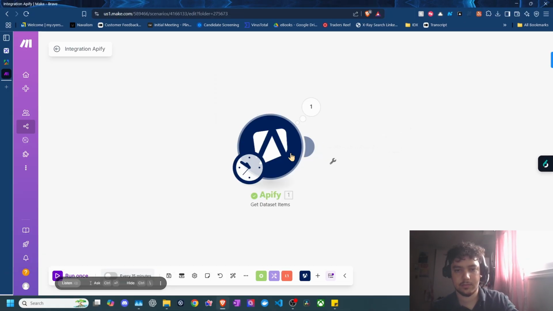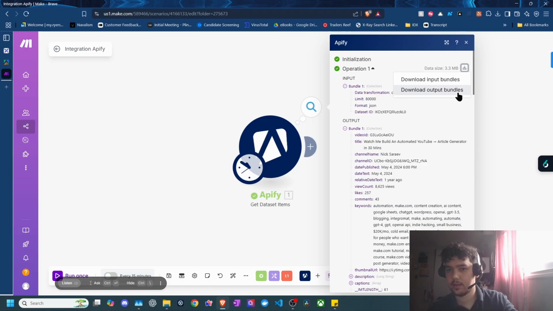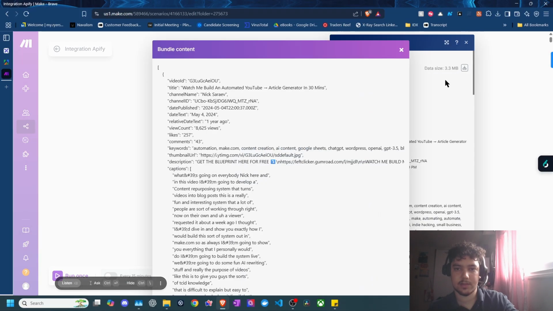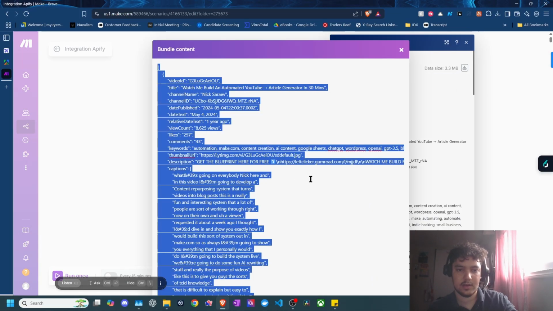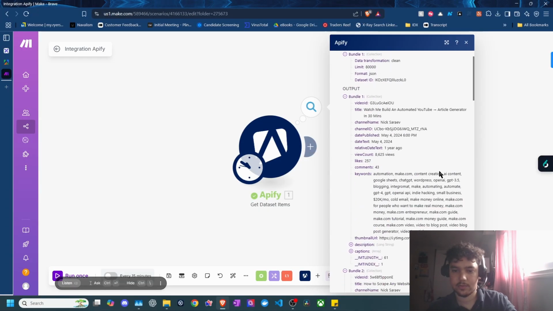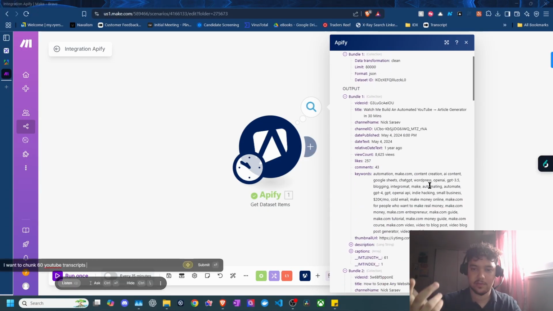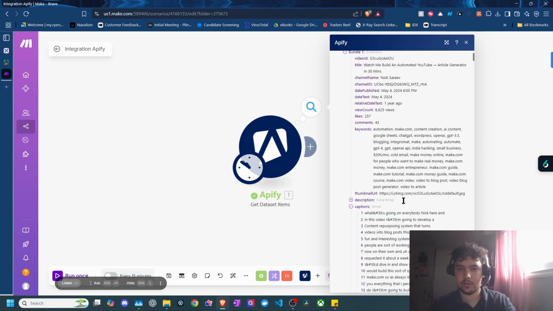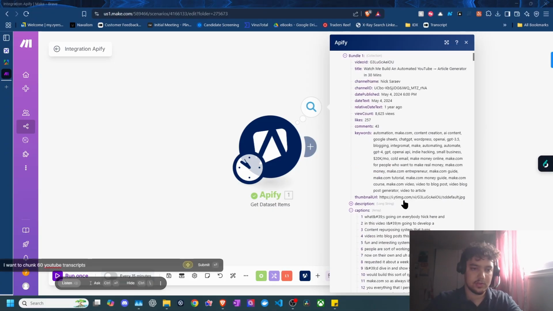Actually, you know what? Let's make this even better. Take this giant output bundle. Just going to take a minute to populate. Actually, I think that's going to break if I copy that in. Nope, we're just going to have this open. It's one of the advantages of Cluely. Instead of having to take a screenshot, feed a context, I'm going to go ahead and just show it. So I want to chunk 60 YouTube transcripts, specifically from the captions array on make.com. What do I do next?